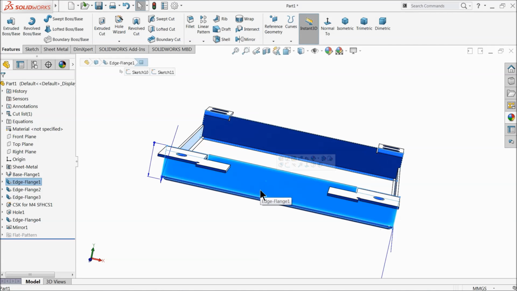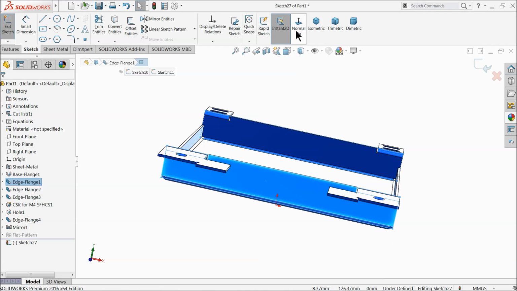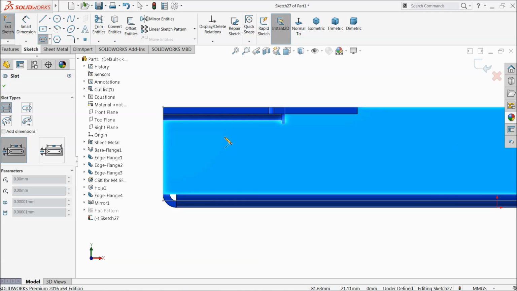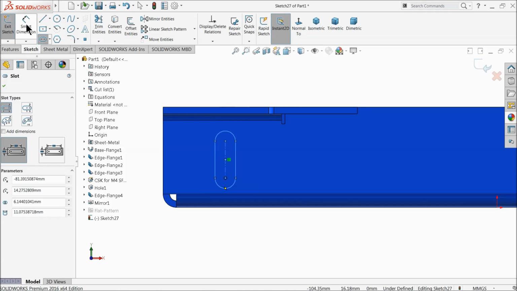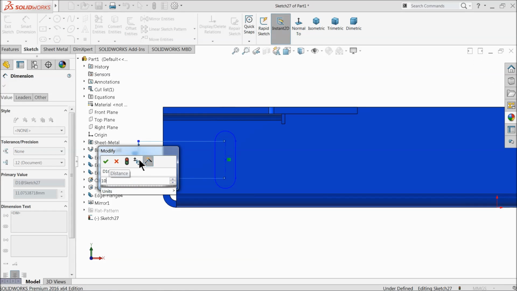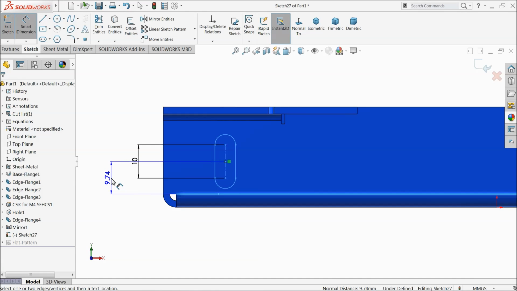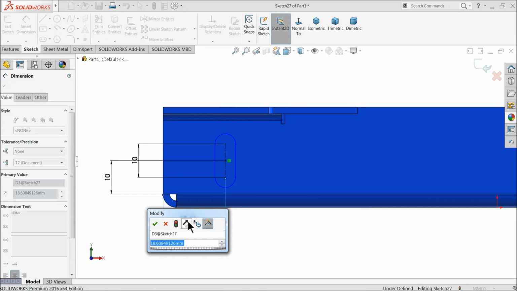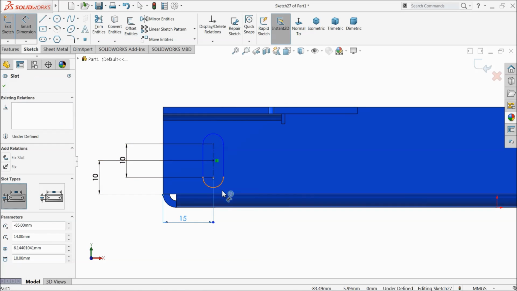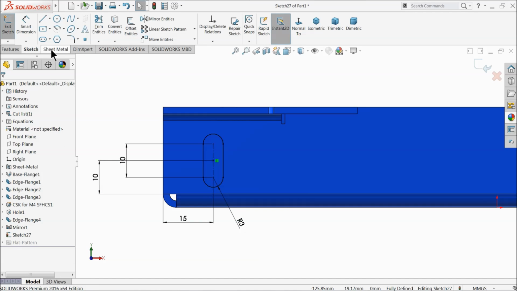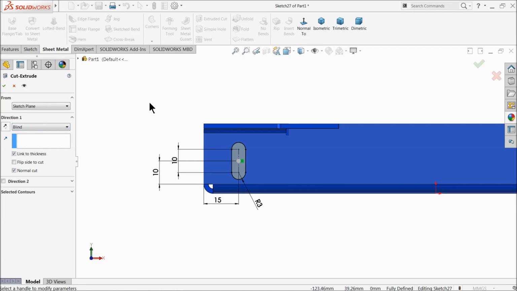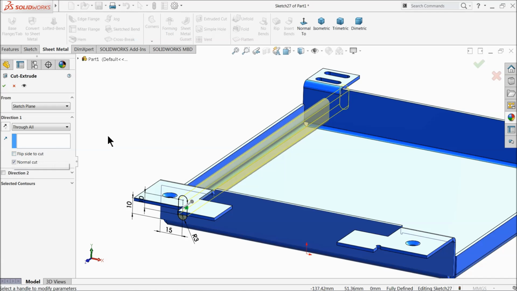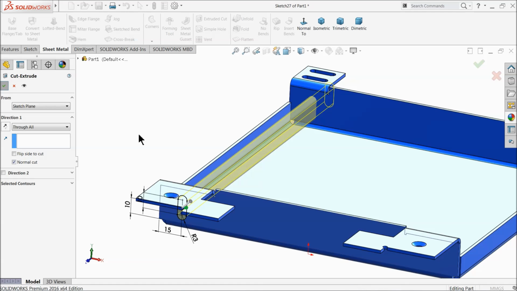See, select this face, sketch. Now here we want to add some fillet. We will add some straight slots. Let's define it 10 millimeter and choose distance 10 millimeter, and the distance from here 15 millimeter, 3 millimeter. Okay, now go to sheet metal. Here you will find extruded cut option. See, you can select it here through all, means it's going to cut in opposite direction also. Select OK. Now see,